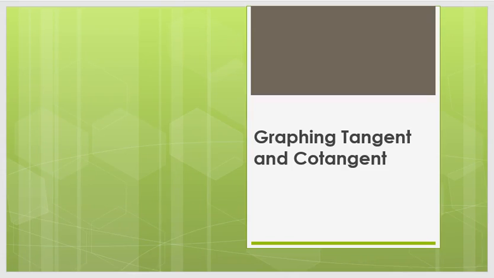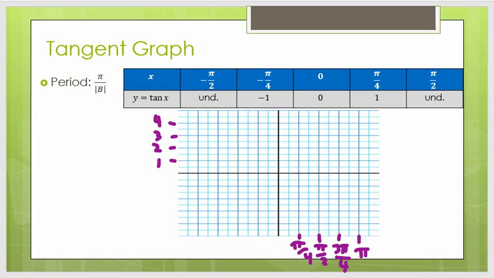For our last lesson on graphing, we're going to look at how to graph the tangent function, as well as its reciprocal, the cotangent function. First, for the tangent function, to go over some of the differences with the other functions we've looked at, the period formula has changed. It is no longer 2 pi divided by b, it is now just pi divided by